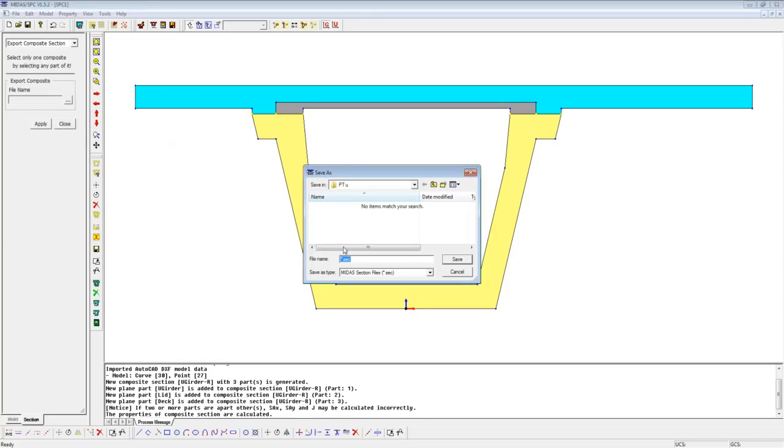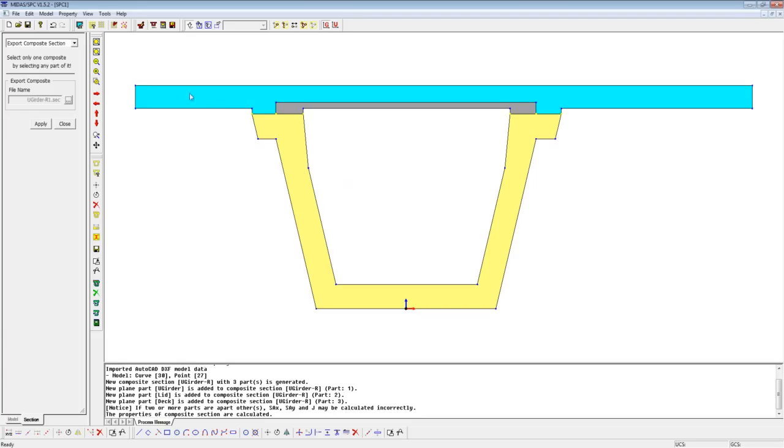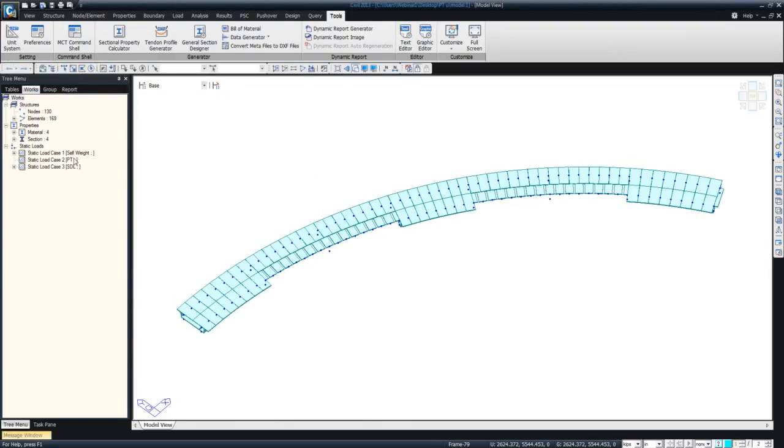And here I'll define it, give it some name. I'll say U girder dash R. Say I'll change its name to R1, and I'll say save. And now I'll just select the entire cross section and say apply. So now the section is created and saved, and all I need to do is go into the program here